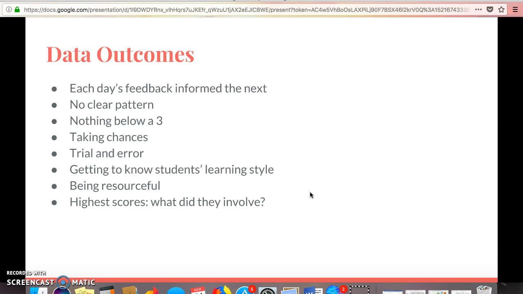And this comes with trial and error. There are things that I tried that I thought would never ever work and ended up being one of my higher scoring lessons in my goal area. And then there are things that I planned perfectly to a T and I expected to be received so well and help students, and it didn't exactly. And so it really takes that trial and error to figure out